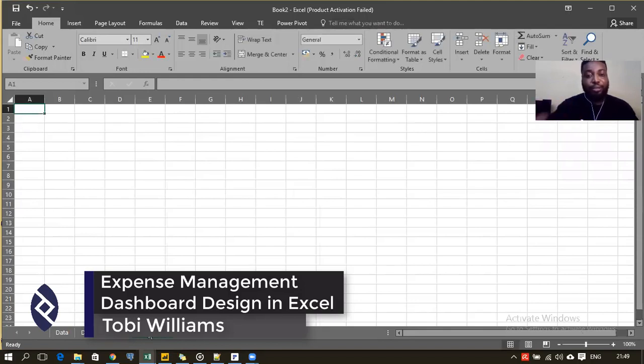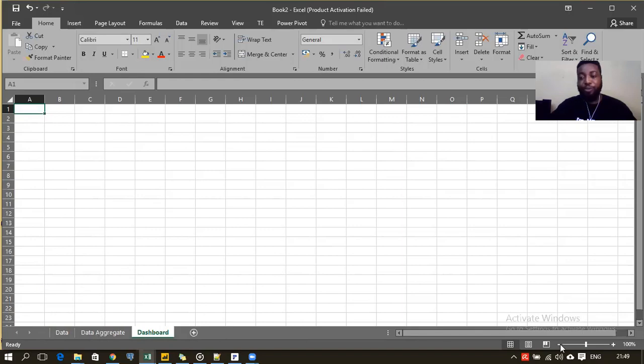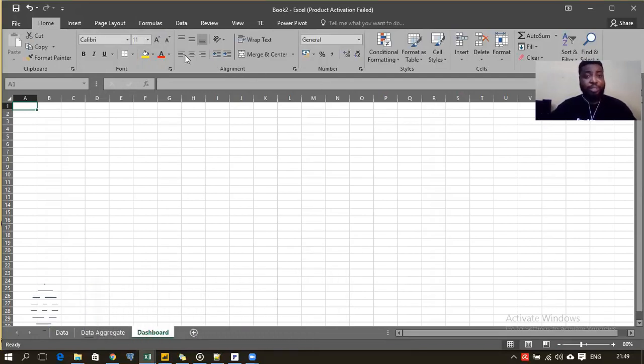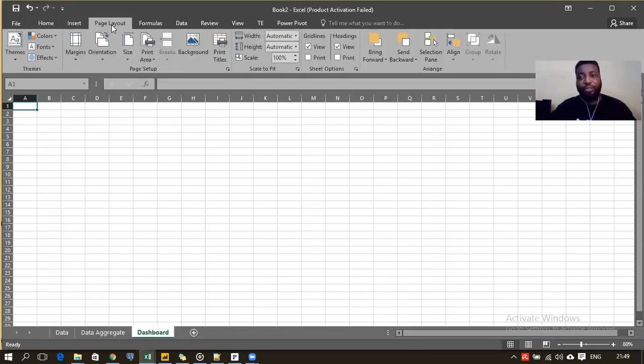Dashboard. I will reduce the zoom level here to maybe 80%. And I'll go to page layout. There's the text. So I'm sending a message. In the separate sum is